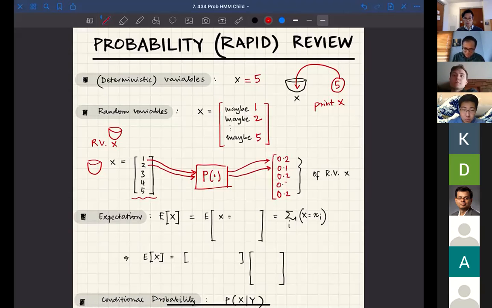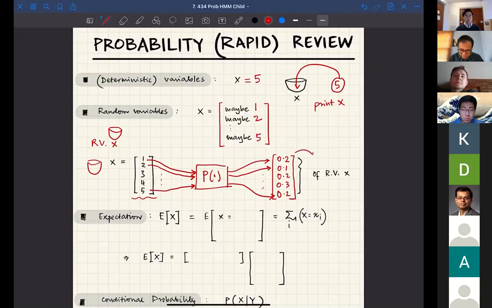0.2, 0.3. Does it add up to 1? It does. Okay. So we say, what is the chance that x will take value 5? The distribution box says 0.2. Right? So now you've pretty much defined what this random variable is. It's a container which does not take one value, it takes a bunch of values. And for each of these values, you have the probability with which that container takes that value.